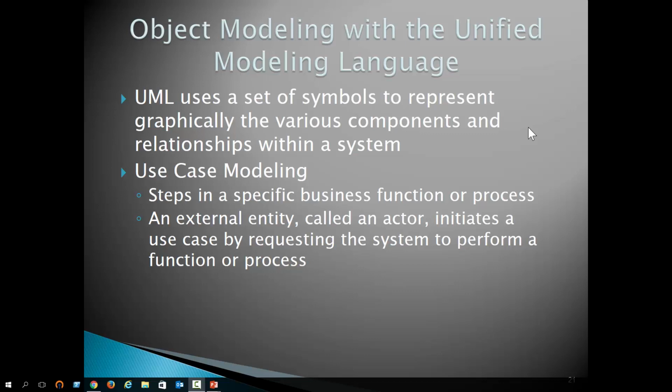So here we are, part 2 for chapter 6, object modeling. Now, in this phase, we're going to look at UML, the Unified Modeling Language, which is essentially a set of specific symbols to represent graphically the various components and relationships within a system. If we use this consistently, it doesn't matter which project we're working on, we suddenly have a unified language that everybody understands, easy to understand because it's a graphical representation of business functions or processes that happen within a